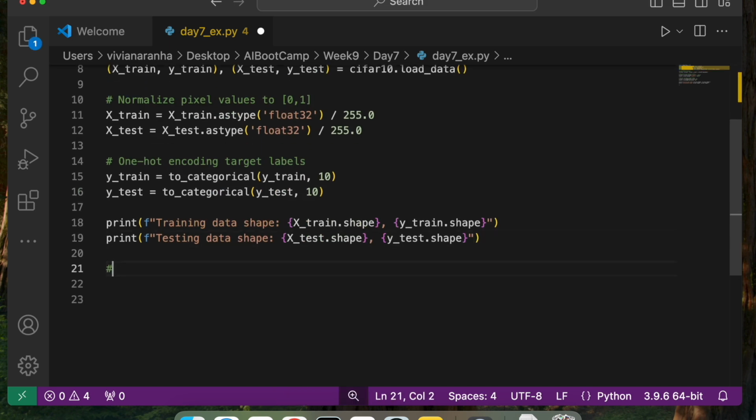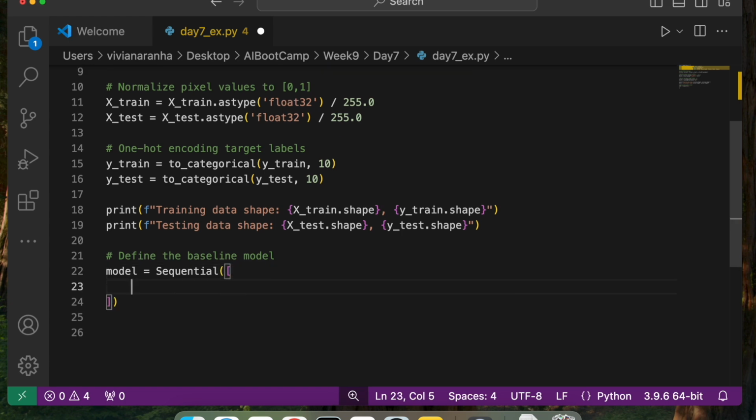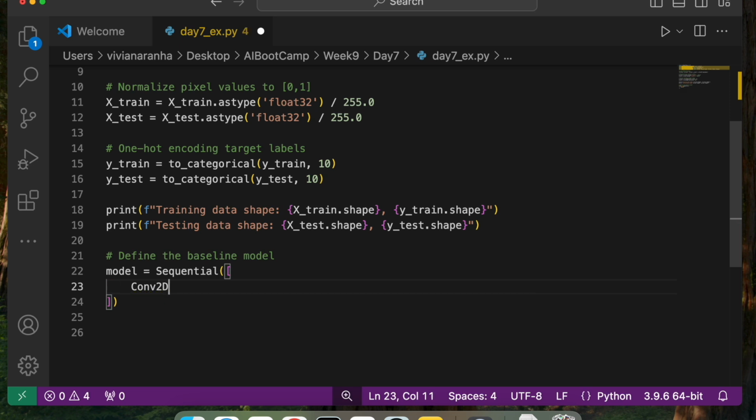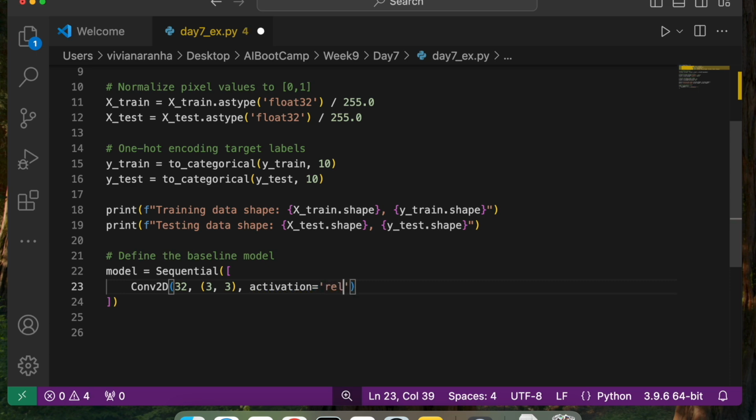Next, let's go ahead and define the baseline model. To do that, I'm going to say model equal to Sequential, and inside this I'm going to say Conv2D, 32, with a 3 by 3 matrix size, activation equal to ReLU.